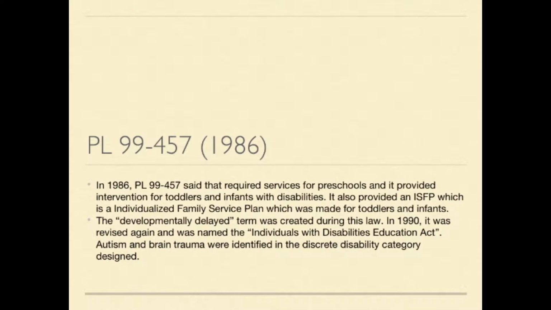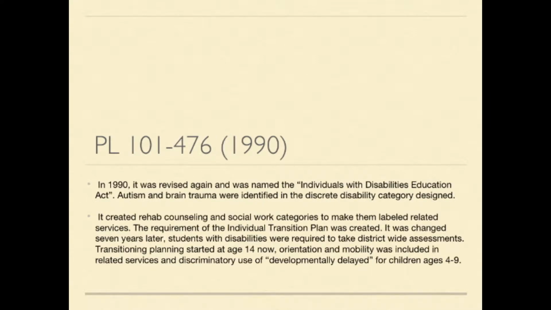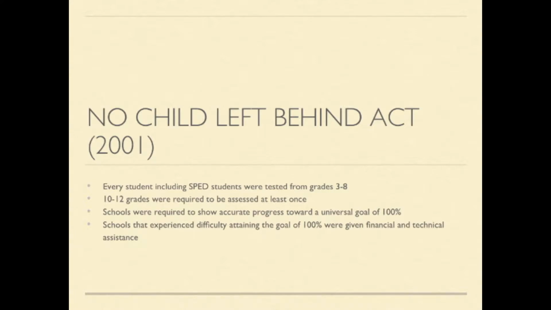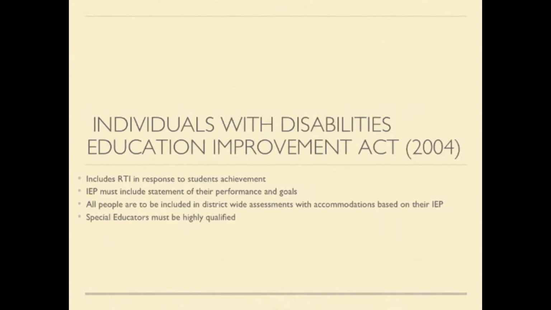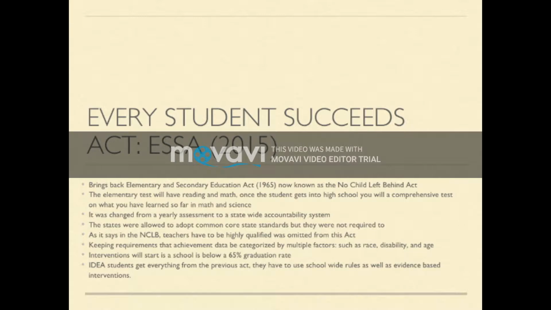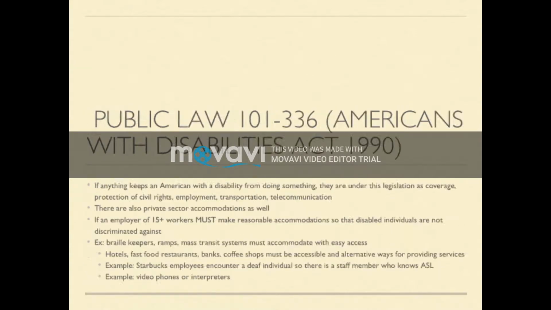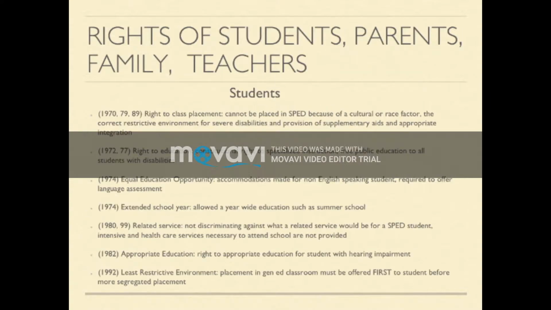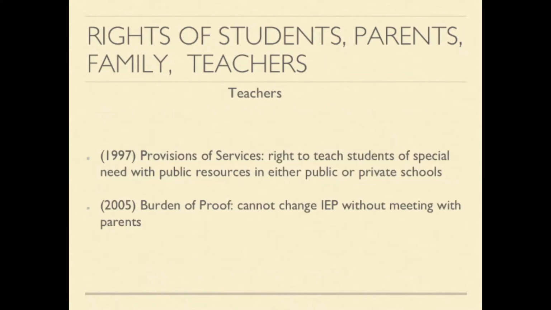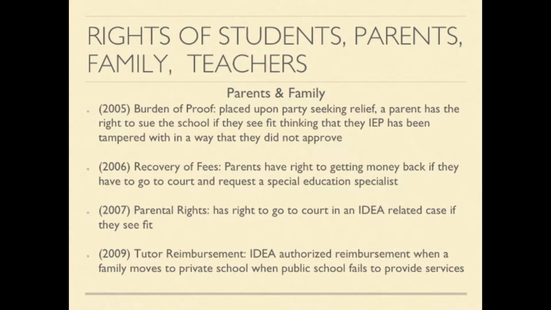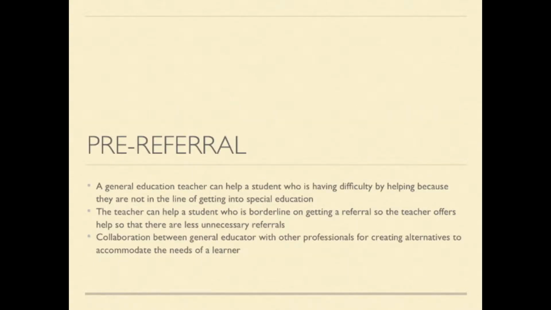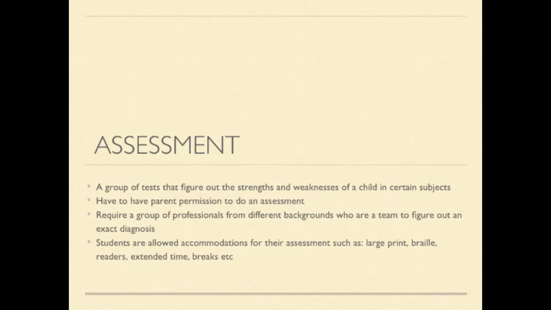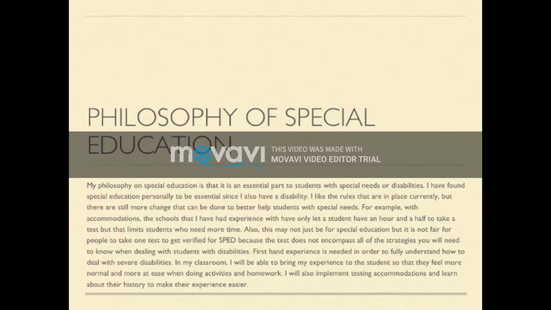What is special education? According to our textbook, special education is defined as specially designed instruction to meet the unique needs of an individual recognized as exceptional or with special needs. This means that a teacher must be able to create a program for a special needs student and make sure that the student can succeed in an academic format, such as at school.